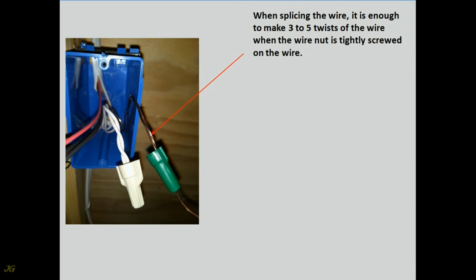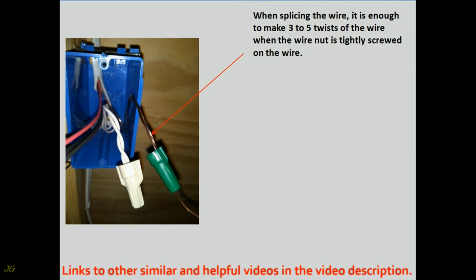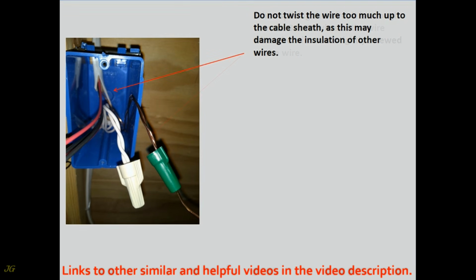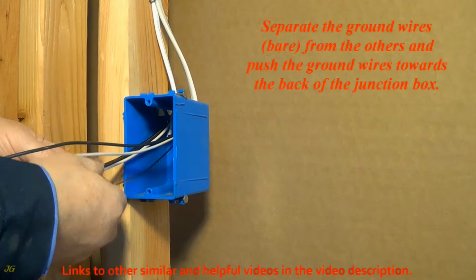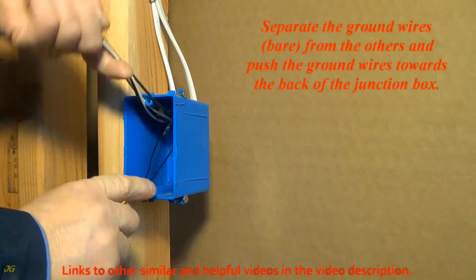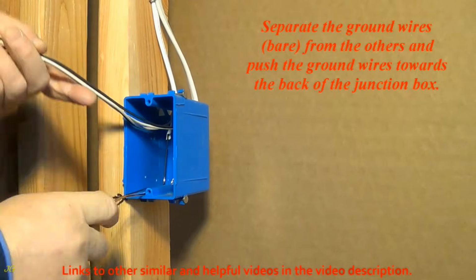When splicing the wire, it is enough to make 3 to 5 twists of the wire when the wire nut is tightly screwed on the wire. Do not twist the wire too much up to the cable sheath, as this may damage the insulation of other wires. Separate the ground wires, bare, from the others and push the ground wires towards the back of the junction